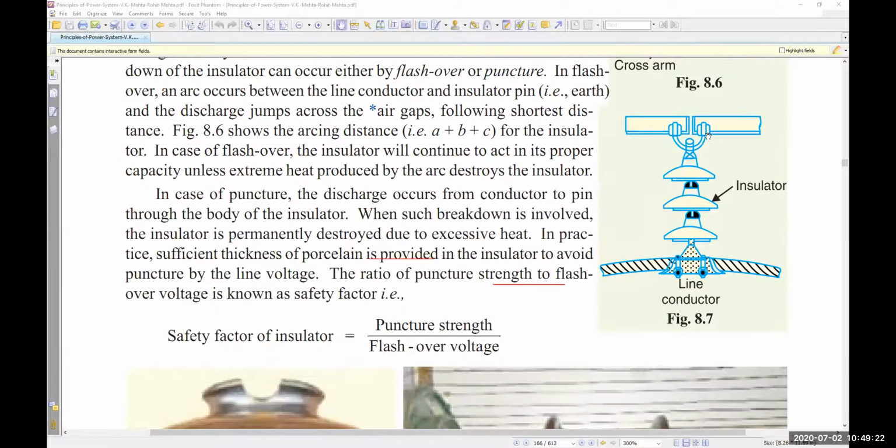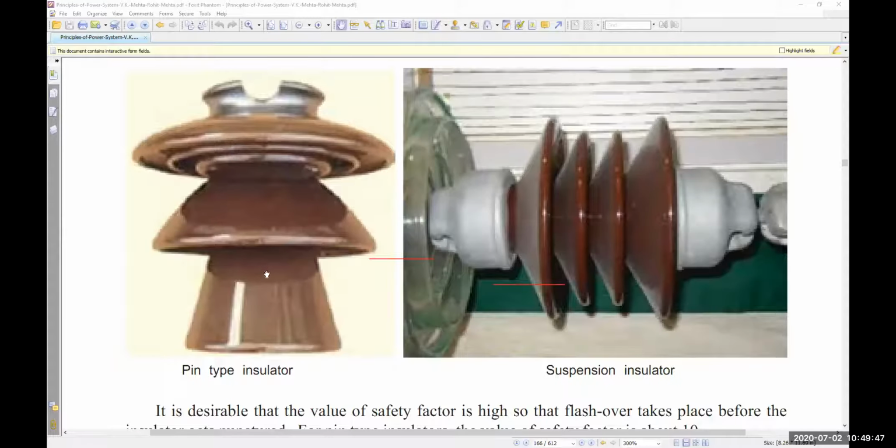See, these suspension type insulators are hanging from the tower, right? So they can move. If there is any vibration, they can move. So in case of vibration, the moving things are giving you better flexibility. So the whole thing remains flexible and safe and sound. In case of pin type, they are rock steady. So if there is any vibration, if there is any wind pressure, they will face some problem.